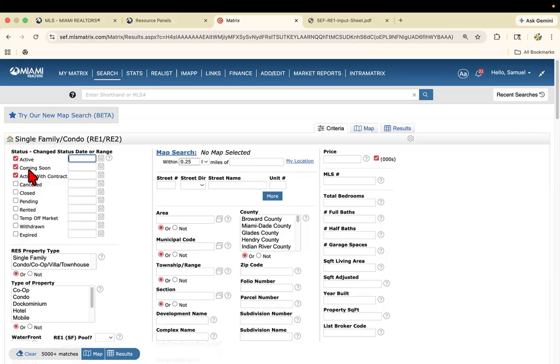Okay. We have another one here called active with contract. Active with contract is related to the pending status. Okay. These two right here are related. So active with contract and pending, both of these mean that the property's under contract. There's a little bit of a difference though. Active with contract means